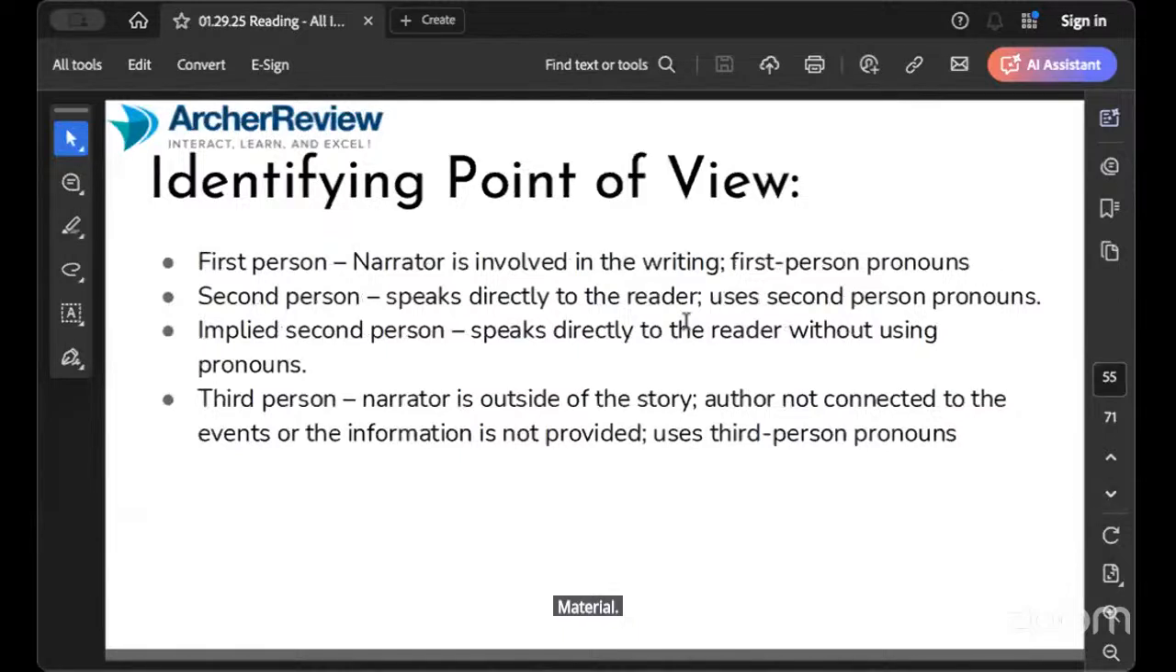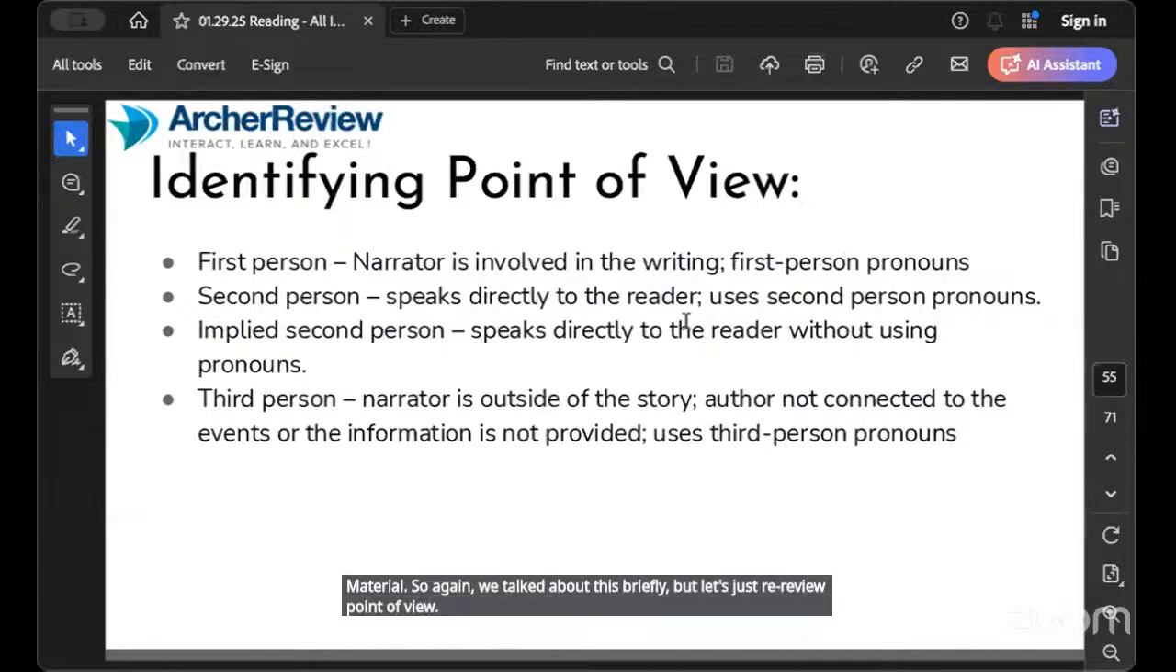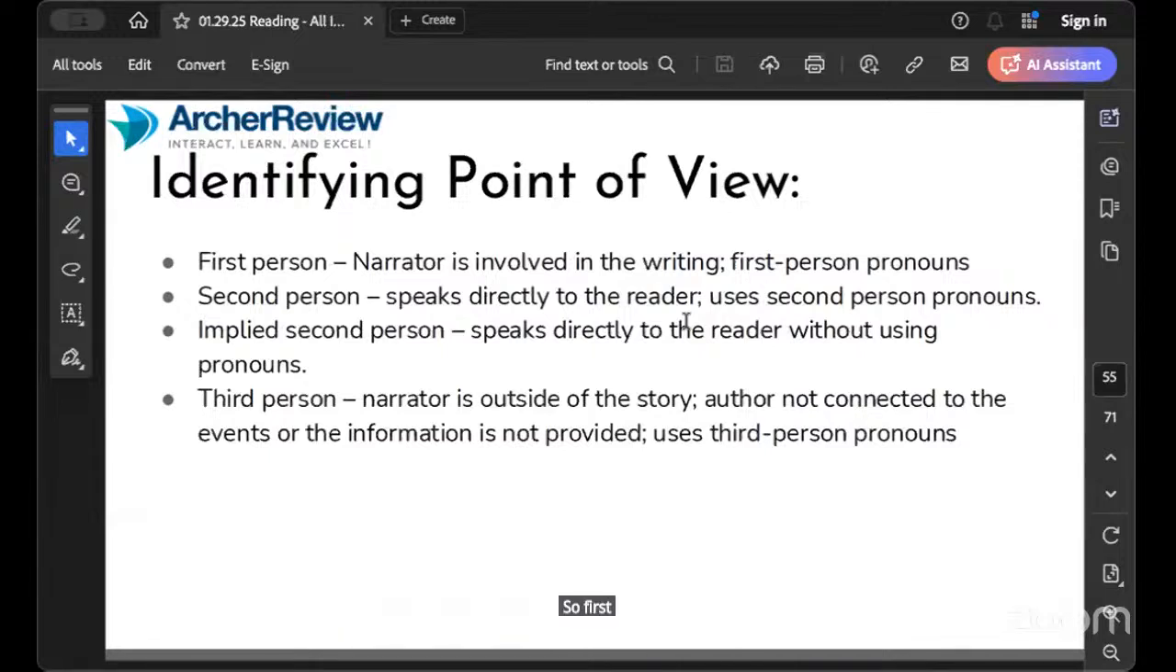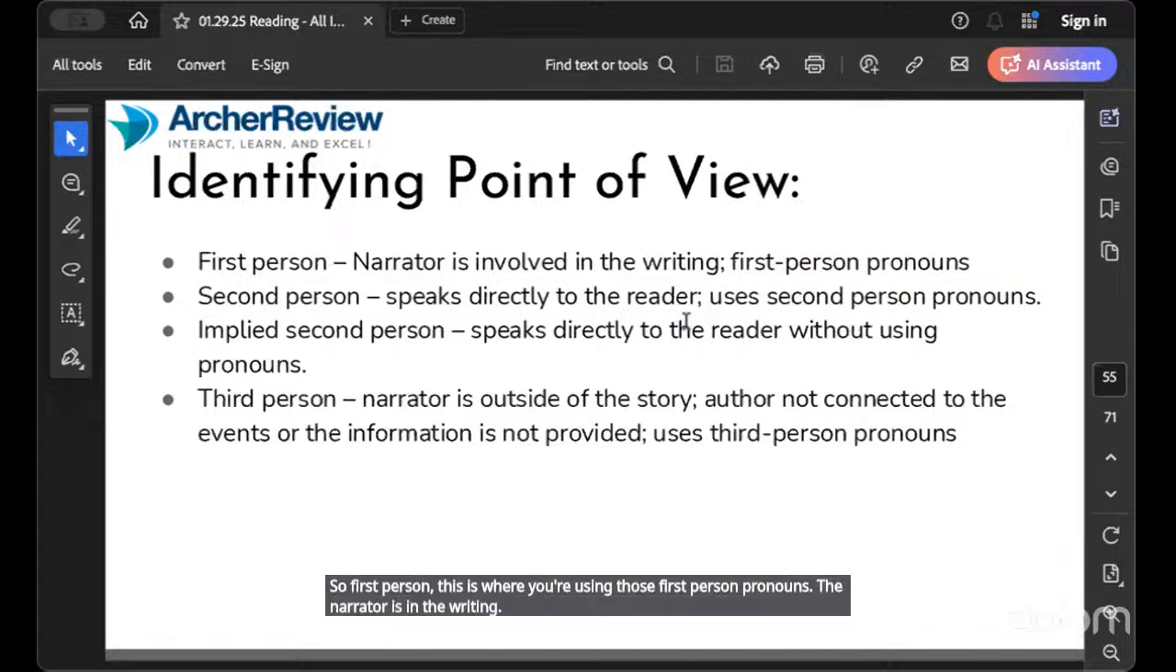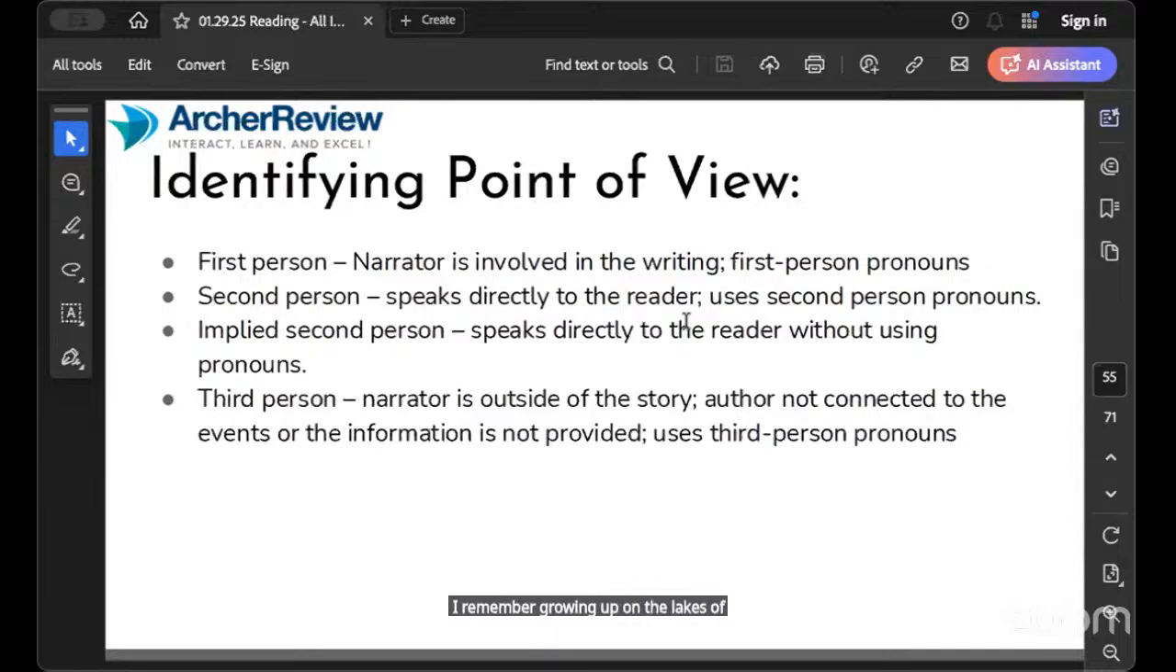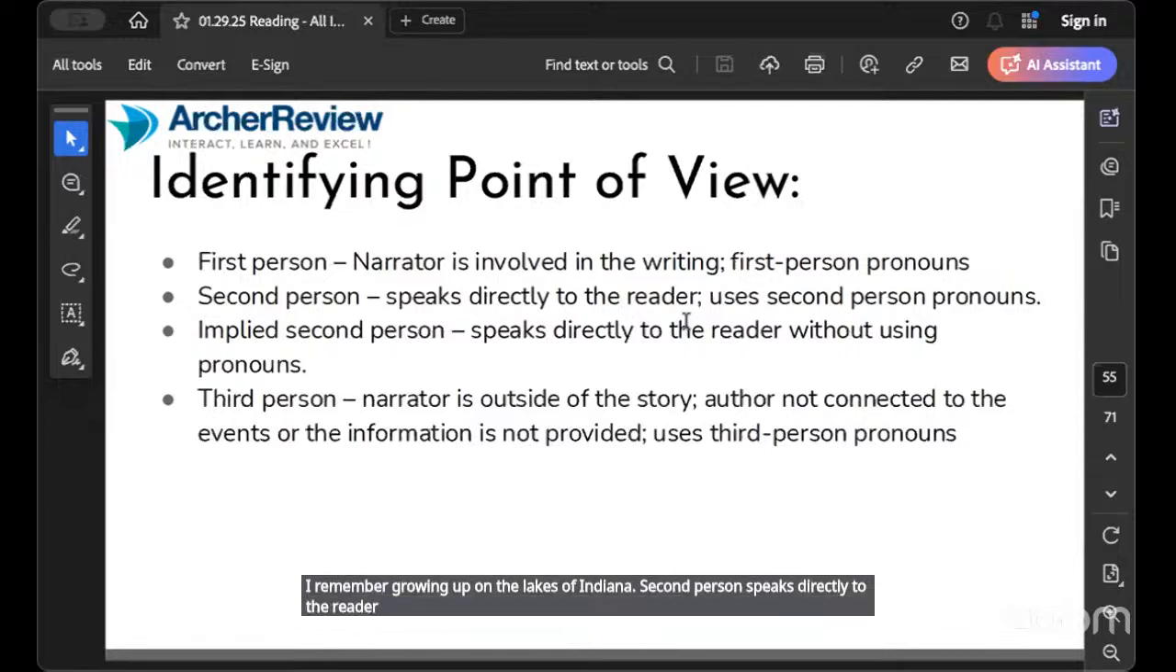So again, we talked about this briefly, but let's just review point of view. First person, this is where you're using those first person pronouns. The narrator is in the writing. I remember growing up on the lakes of Indiana. Second person speaks directly to the reader. It's going to use those direct second person pronouns. So this is that command